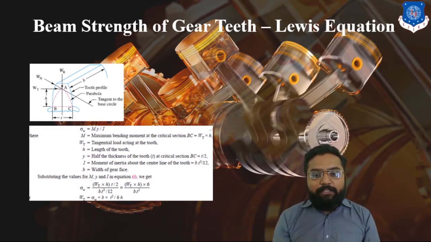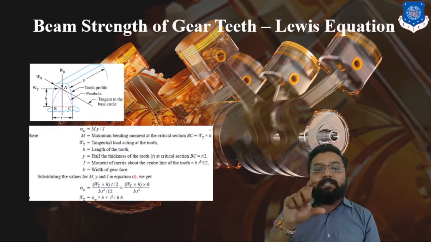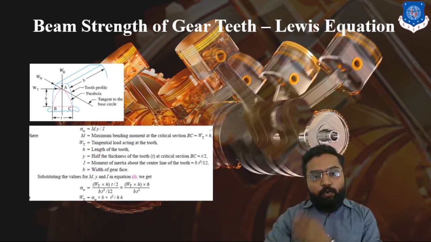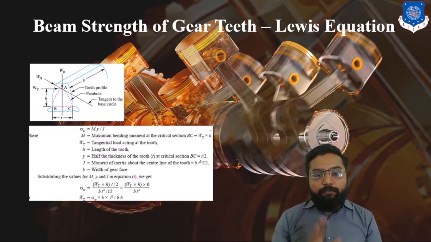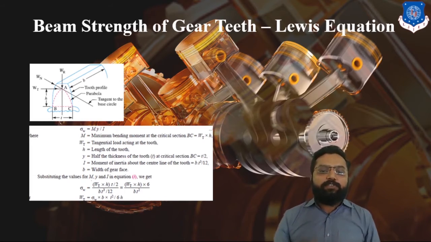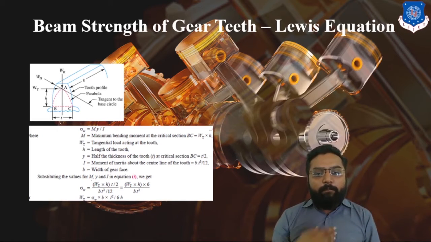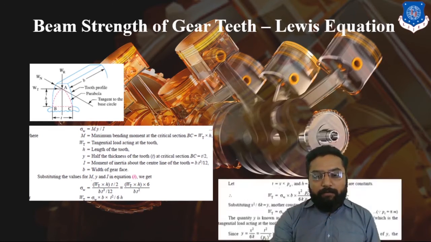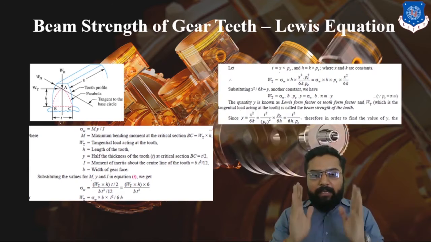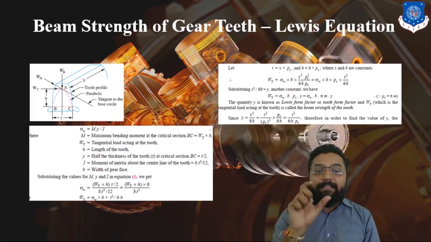So ultimately, depending on that equation, we can put this M, which is moment. Moment is nothing but force into distance from the center of that root. Here, the second thing is y, which is t by 2, and I is equal to bt cube by 12. So ultimately, our equation will look like this. You can see that the equation for the limiting thrust force WT is equal to sigma W into b into t square upon 6h. Clear? Here we have considered our tooth as a cantilever.